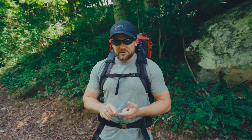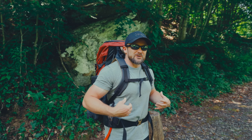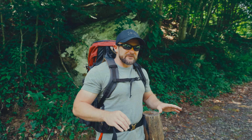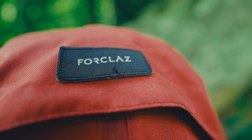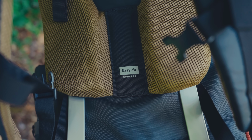You may be asking, why do I consider this to be one of my favorite pieces of gear? And the answer is simple. For the money, this is a backpack that is hard to beat. It's incredibly comfortable, it's not all that heavy, it's very durable, the quality is great, and it features an adjustment system for the torso that's unlike anything I've ever seen before. It's so good that it puts other comparable systems to shame. This pack has every single feature that you can imagine. And the thing is this, it costs only